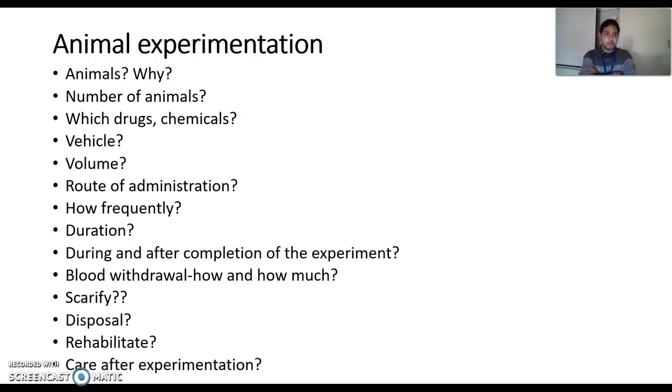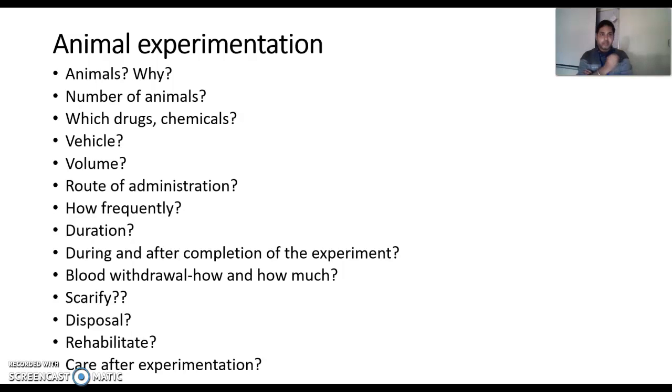अगर आप ज्यादा नंबर ऑफ एनिमल, या आप सर्जरी कर रहे हो कोई, तो बोला कि सर्जरी में चांसेस हैं कि एनिमल्स की डेथ हो सकती है, तो हमें पहले ही एक्स्ट्रा एनिमल्स चाहिए। तो आपको नंबर जस्टिफाई करना है, कौन सी ड्रग देनी है आपको, कौन से केमिकल्स देने हैं, वो उसके नाम लिखना पड़ेंगे आपको। और इन ड्रग्स और केमिकल को क्योंकि आप ऐसे तो नहीं देंगे एनिमल्स को, तो आप किसी चीज में उसको डिजोल्व करोगे, तो वो जो व्हीकल होगा वो कौन सा करोगे, इरिटेंट नहीं होना चाहिए, सीपीसीएससी के आपको देखना पड़ेगा कि कौन सा अप्रूव्ड व्हीकल में देना है।